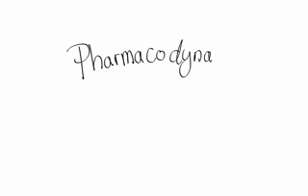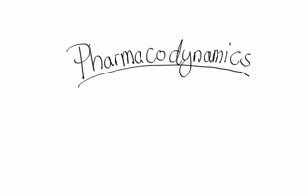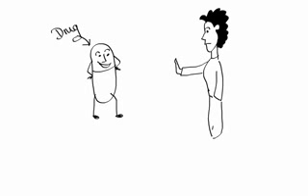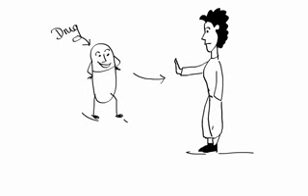In this lesson, we'll cover the concept of pharmacodynamics. So while pharmacokinetics describes the actions of body on the drug, pharmacodynamics describes the opposite. In other words, in the study of pharmacodynamics, we look at what a drug does to a body. So when a drug enters your body, it then starts interacting with cell receptors, which in turn leads